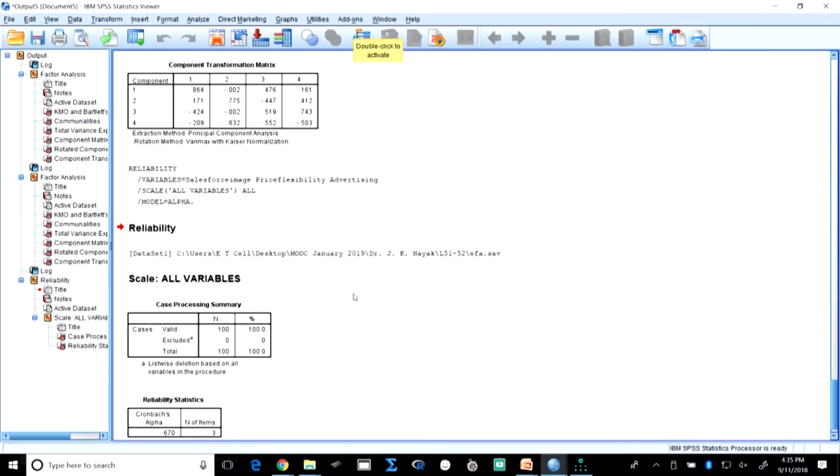I just want to see the alpha. Now, you see the Cronbach's alpha in this case is 0.67. As earlier it has been said that this reliability value should be 0.7 or more, but researchers like Hair, Anderson, in the book Multivariate Data Analysis, have said that if it is even above 0.6 then it is fine, because in social science the reliability measures will not be as high as you find in basic science, like engineering and medicine. So, in this case we will try to see whether it is sufficiently above 0.6 or around 0.6 or not.